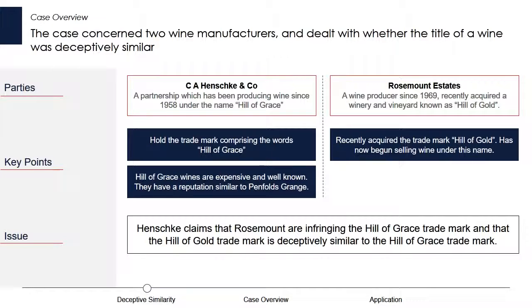1969. At the time of the case, they had recently acquired a winery and vineyard known as Hill of Gold, and shortly after that had acquired the trademark Hill of Gold. Consequently, they started producing wine under the name Hill of Gold. Now, Henschke claimed that Rosemount were infringing on the Hill of Grace trademark because the Hill of Gold trademark was deceptively similar to the Hill of Grace trademark. There were a number of other legal issues in the case, but we're only going to focus on this deceptive